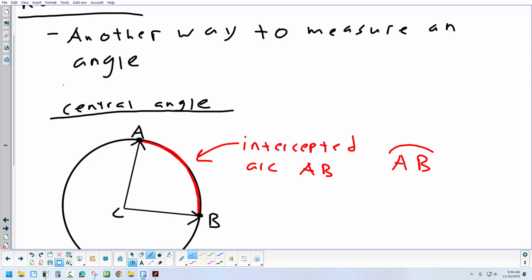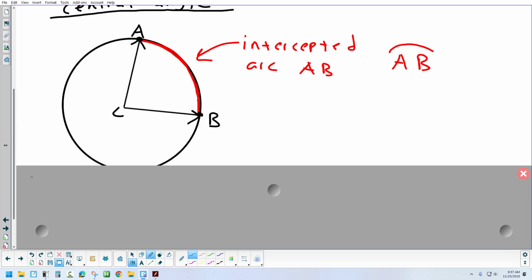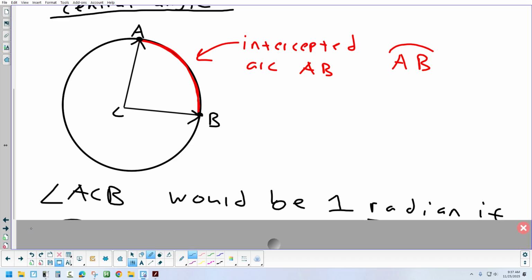Okay, so I'm not going to show you right away how to convert between degrees and radians, but I am going to show you a connection between this arc and something else in the circle. And it's a connection that we can use as kind of a starting point for figuring out a lot of other things about radians. And that's that this angle right here would come out to exactly 1 radian